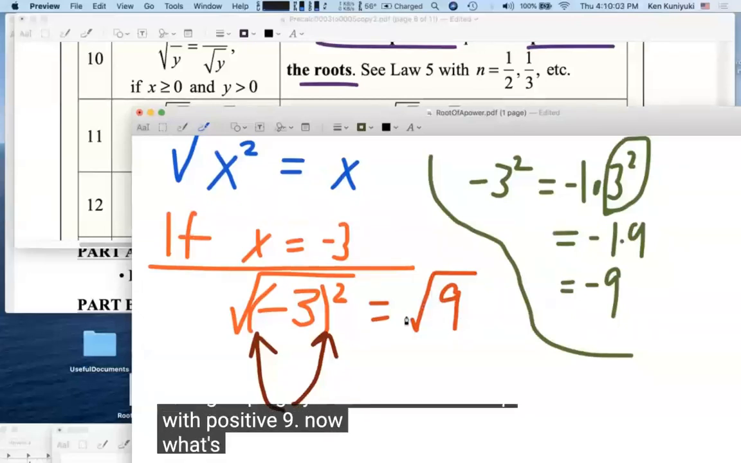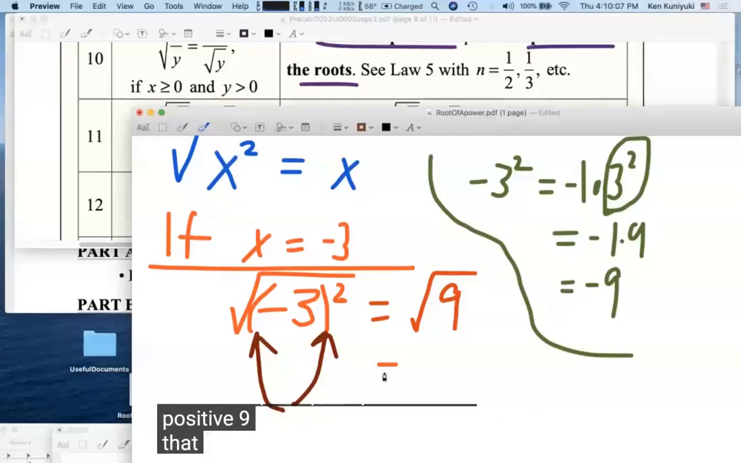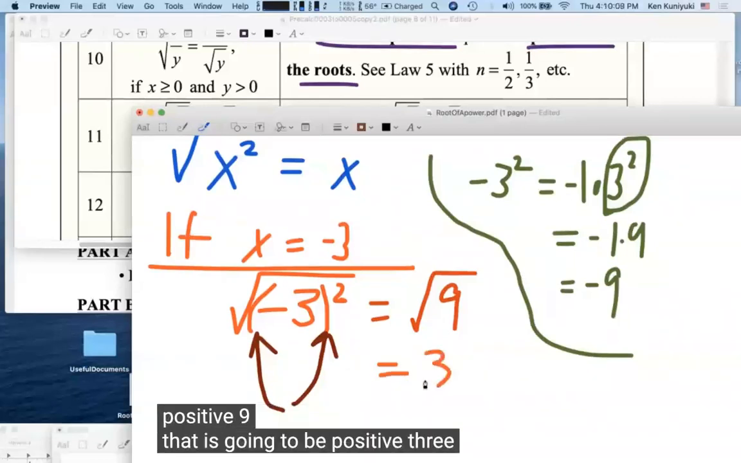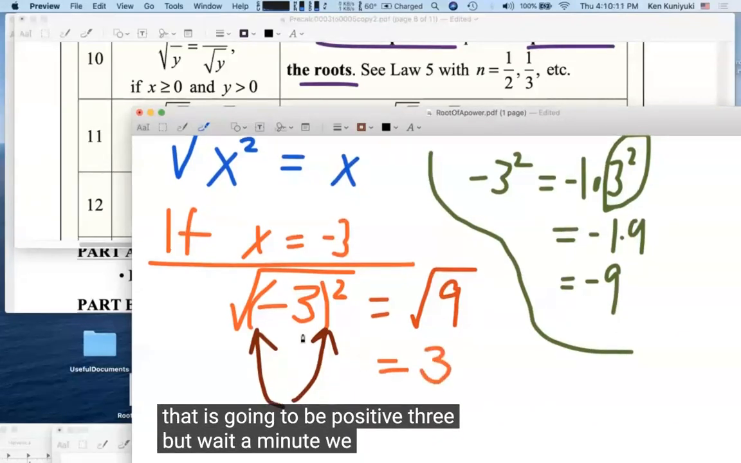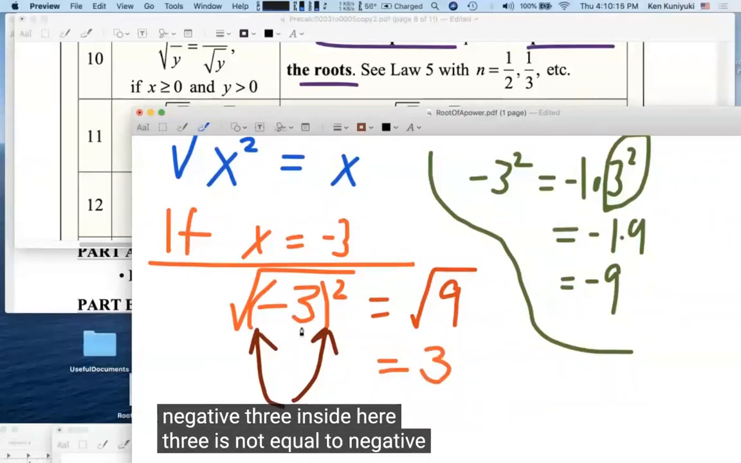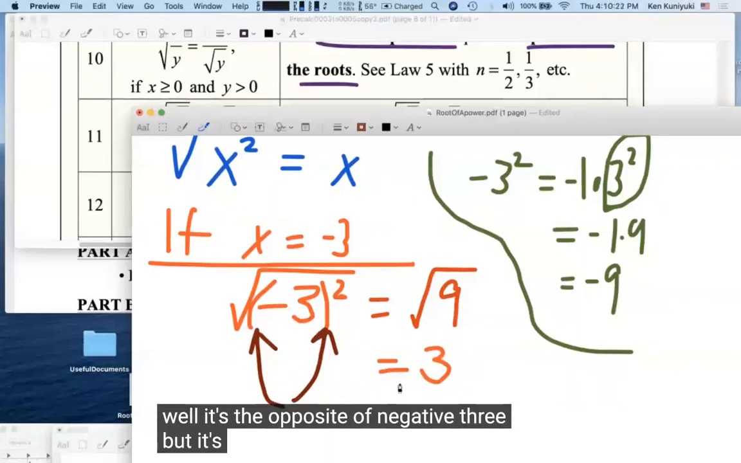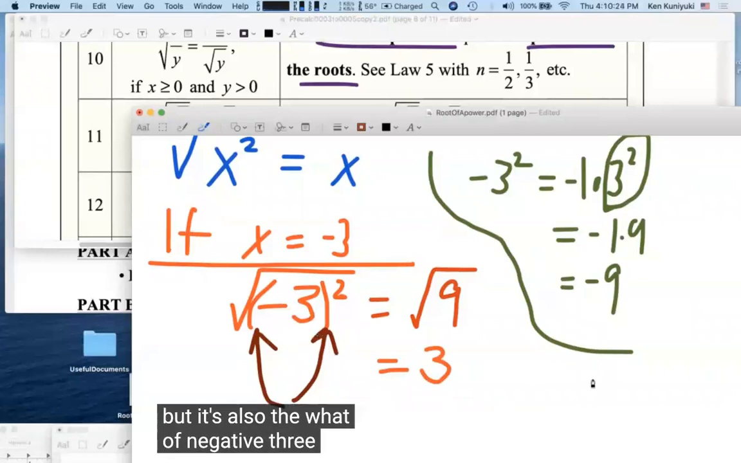Now, what's the principal square root of +9? That is going to be +3. But wait a minute, we start off with -3 inside here. 3 is not equal to -3. 3 is the what of -3? Well, it's the opposite of -3, but it's also the what of -3. 3 is the what of -3? It's the